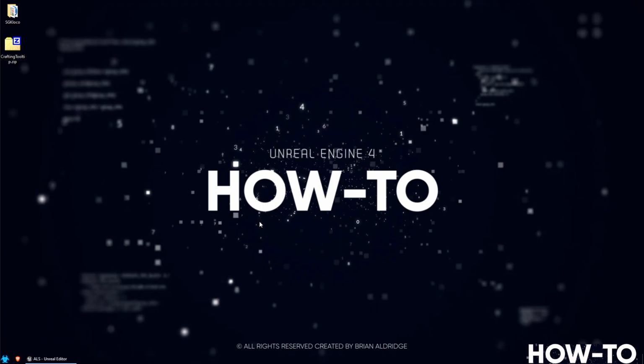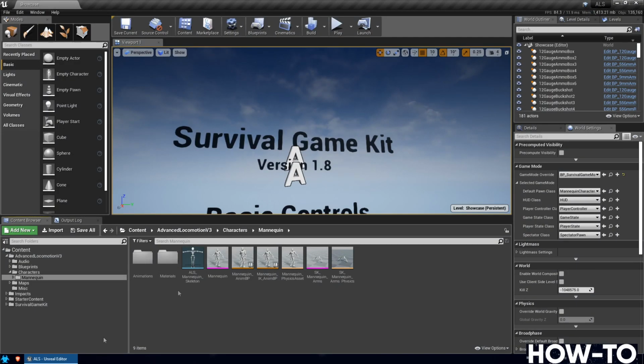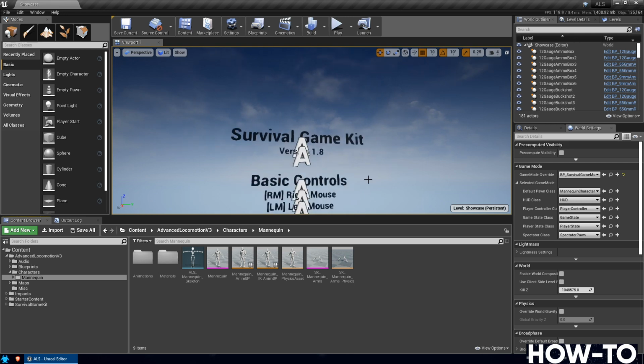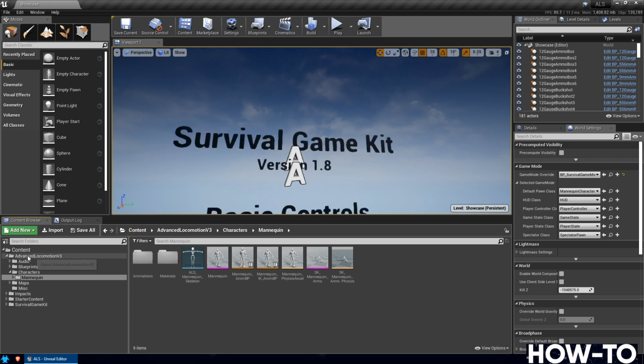We're going to go through the process of implementing the 1.8.1 hotfix for Survival Game Kit 1.8. Now, this is if you're using my merged version based on the videos of Survival Game Kit and Advanced Locomotion. If you're doing just Survival Game Kit, or maybe you have another project that doesn't have the ALS movement system